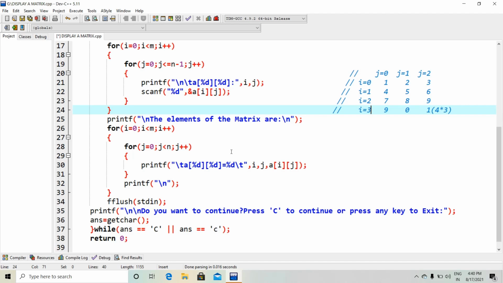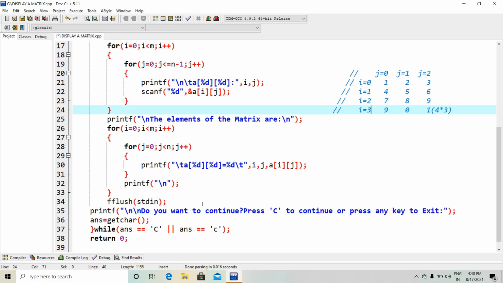Then fflush stdin, that will clear the buffer. As I am going to use this do while loop, the whole thing will be stored in the buffer, so we have to remove it. That's why I am using fflush stdin.